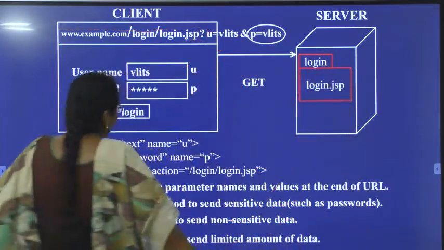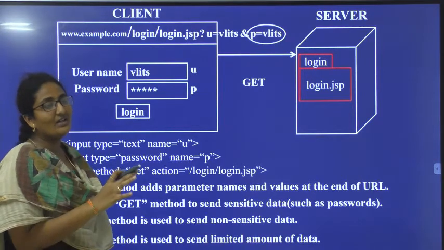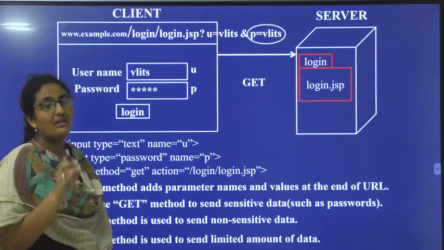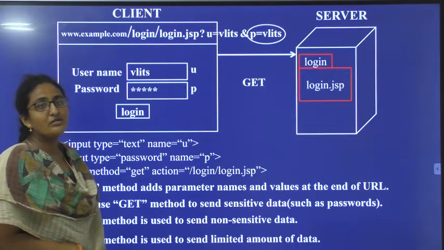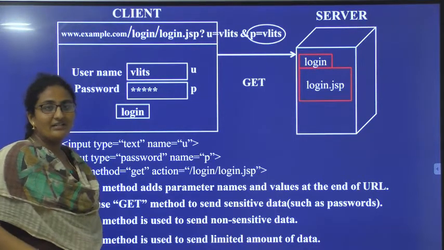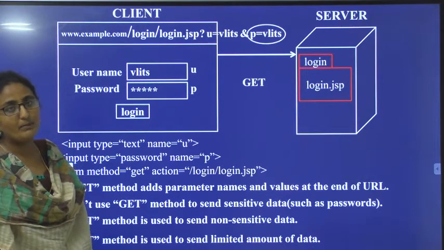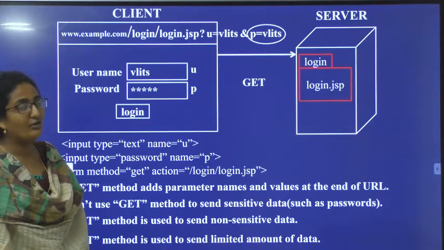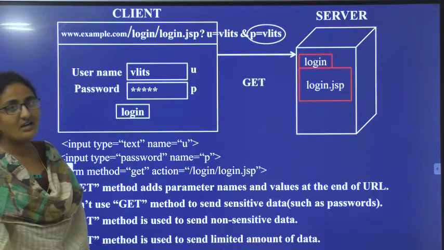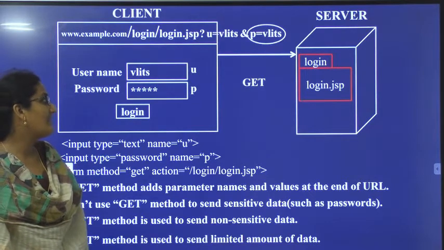So what is our main task here? We have the client machine and the server machine. The server can also be treated as the database. Now if you want to get data from the database, you should put a request. Then the data you get is the response. For request and response, we are using the HTTP protocol, which is in the application layer. Using that protocol, how can you implement this request and response? Using two methods, get or post. In that, the first one is the get method.